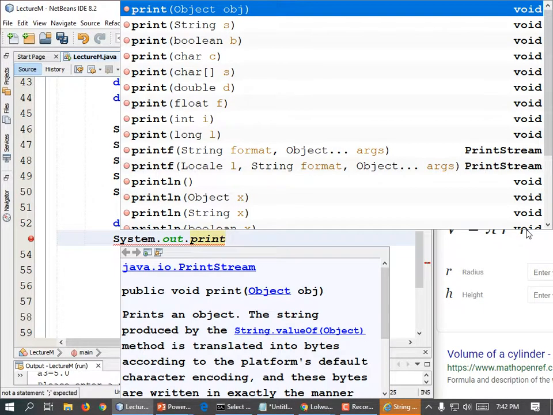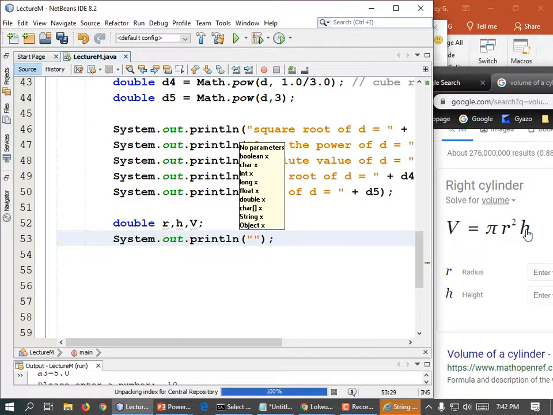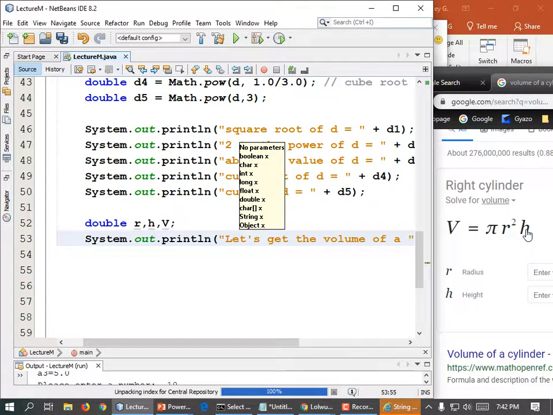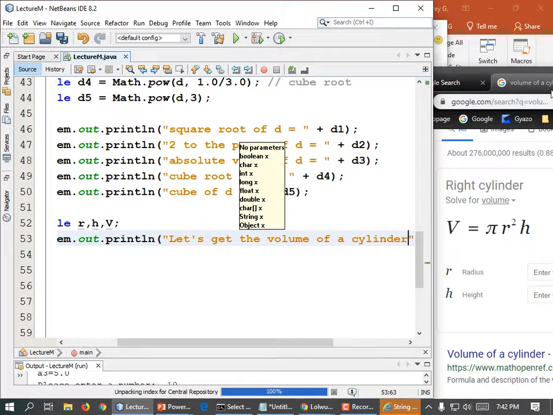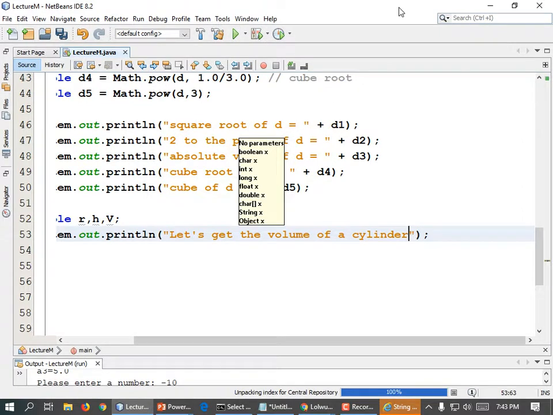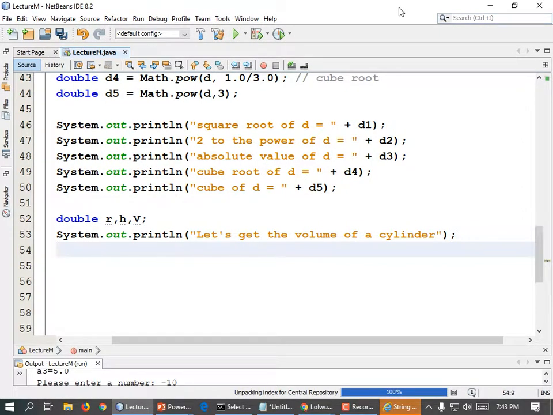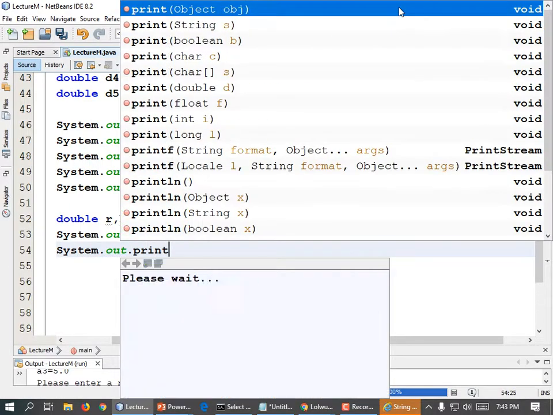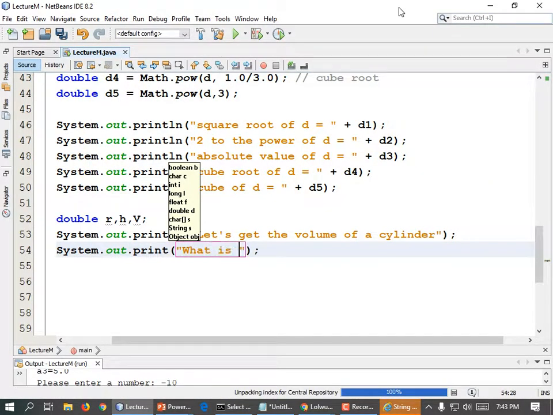System.out.println("Let's get the volume of a cylinder."); And we're going to ask them for the radius and the height. So we have two questions. System.out.print("What is the height? ");